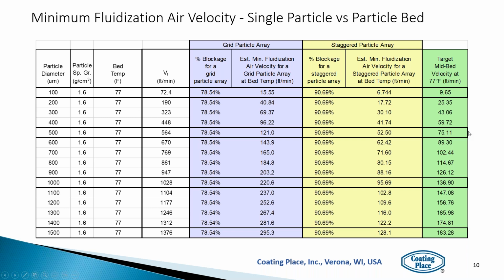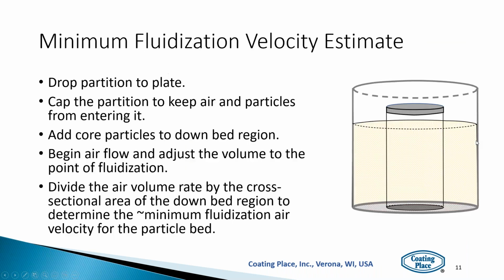So when I look at these results and I compare them to projects that we have run, these fit really well with the data. So I think they are a good assessment of what's required for a spherical particle. Now we get into odd-shaped particles and jagged particles. We have other factors that enter in, so it's difficult to assess exactly what that airflow would need to be. But I used this in the last